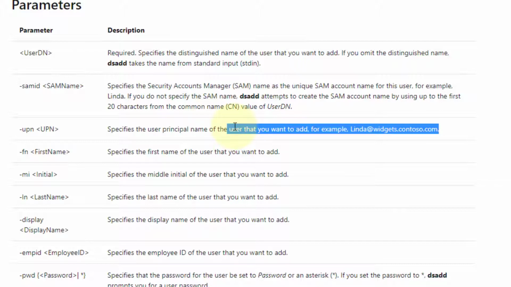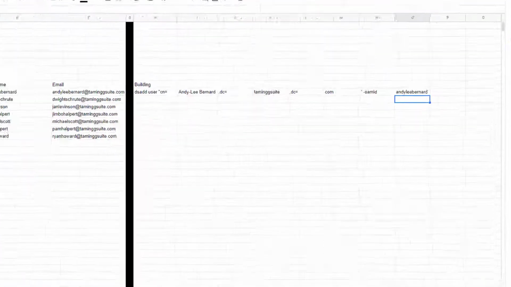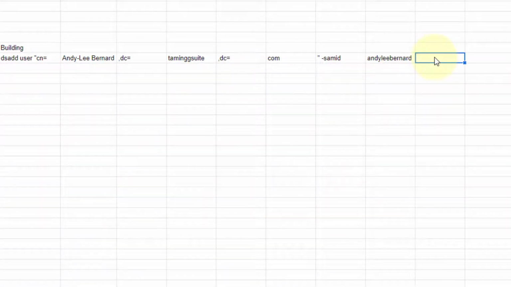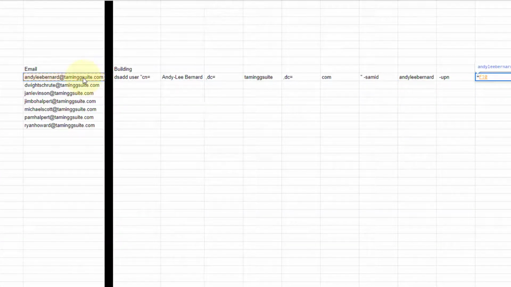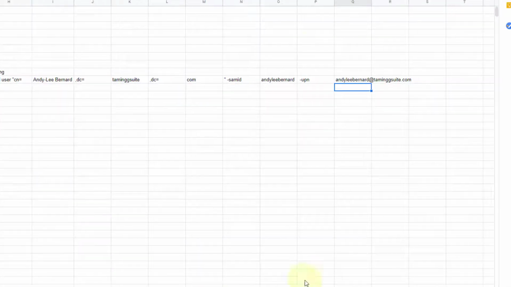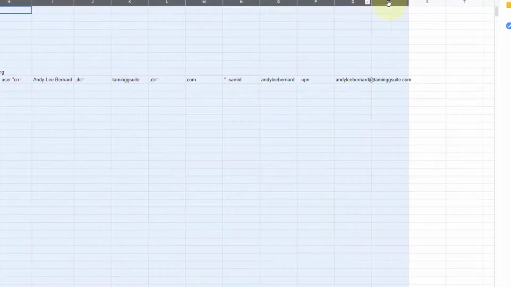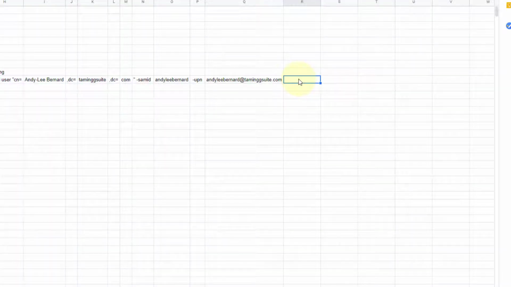It's normally the same as your primary email address. So let's grab that, and we're going to say -UPN, and that's going to equal this email address that we made over there. Okay, so let's scroll across. Let's give ourselves some space here. Okay, then